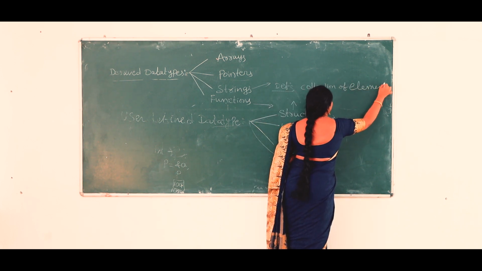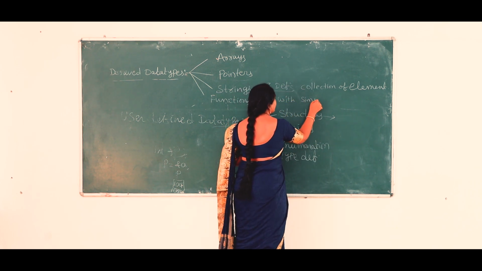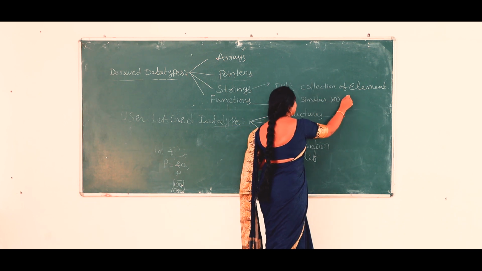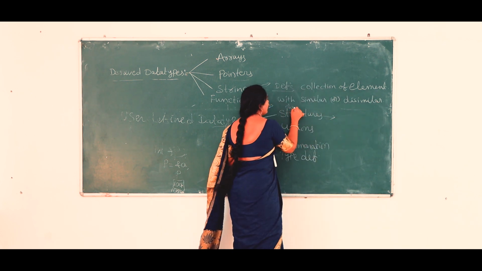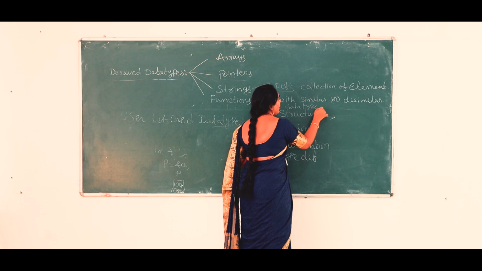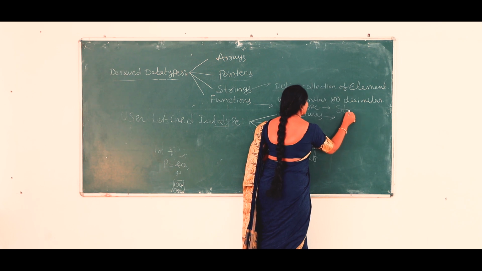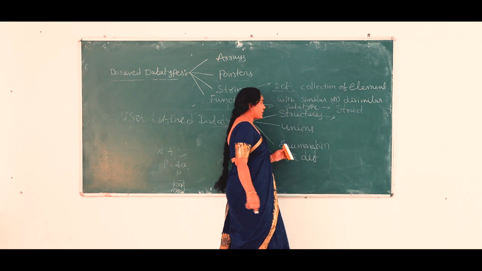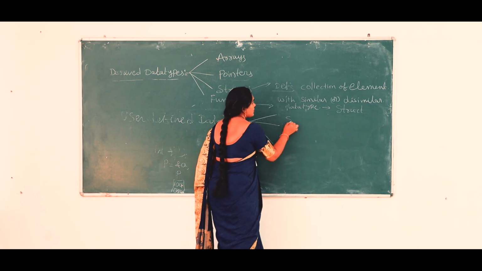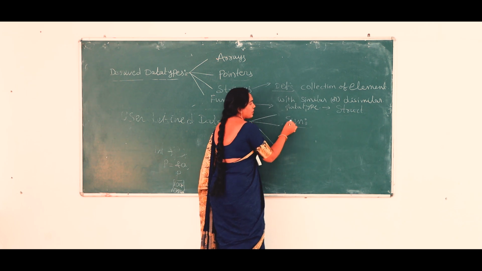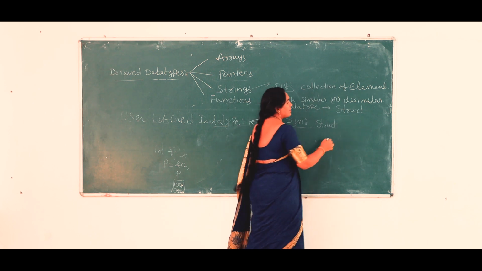elements with similar or dissimilar data types. And what is the keyword we are using for the structure? That is struct. The keyword for the structure is struct. And what is the syntax of the structure? Let us see. The syntax of the structure is, you write the struct keyword and then write the tag